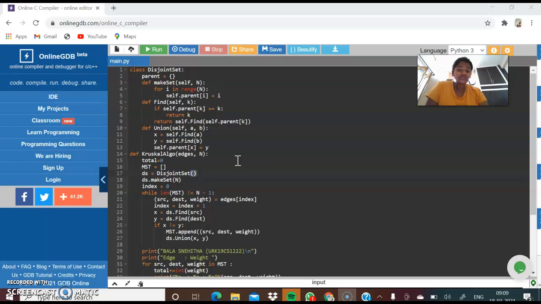Kruskal's algorithm is an algorithm to construct a minimum spanning tree for a connected weighted graph. It is a greedy algorithm. The greedy choice is to put the smallest weight edge that does not cause a cycle in the MST constructed so far.